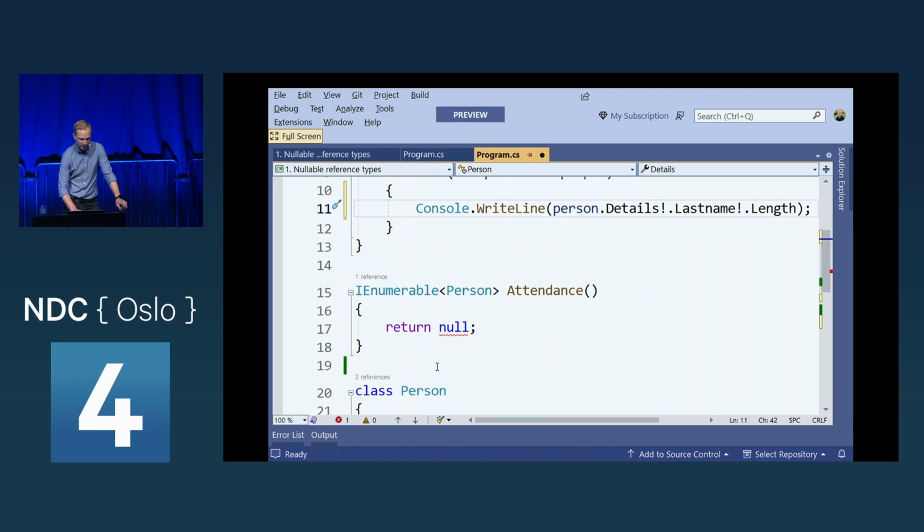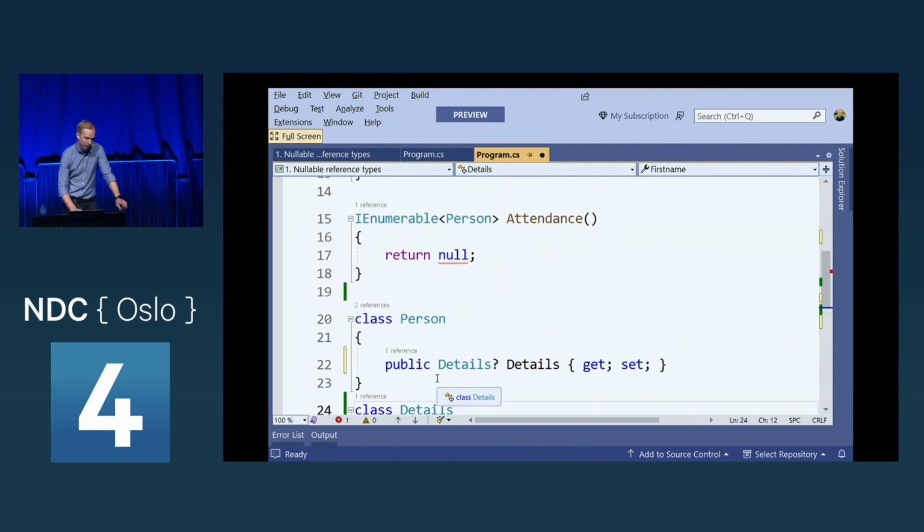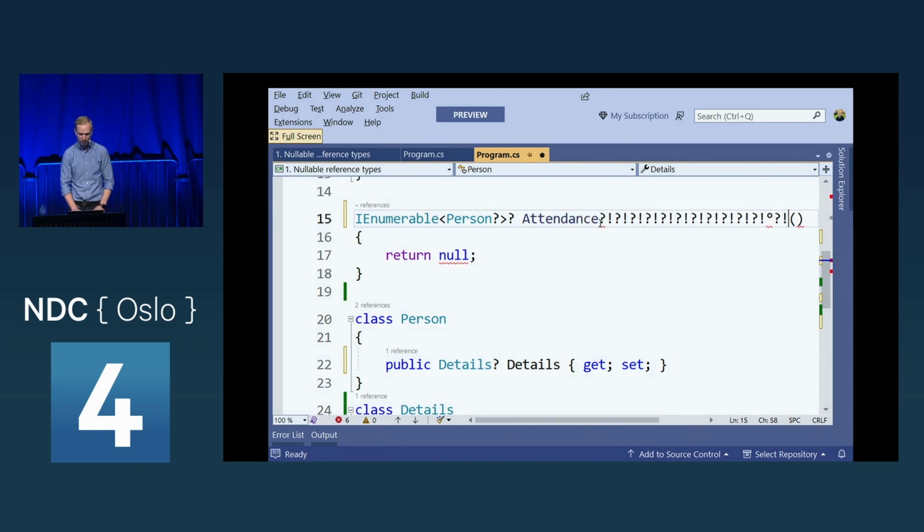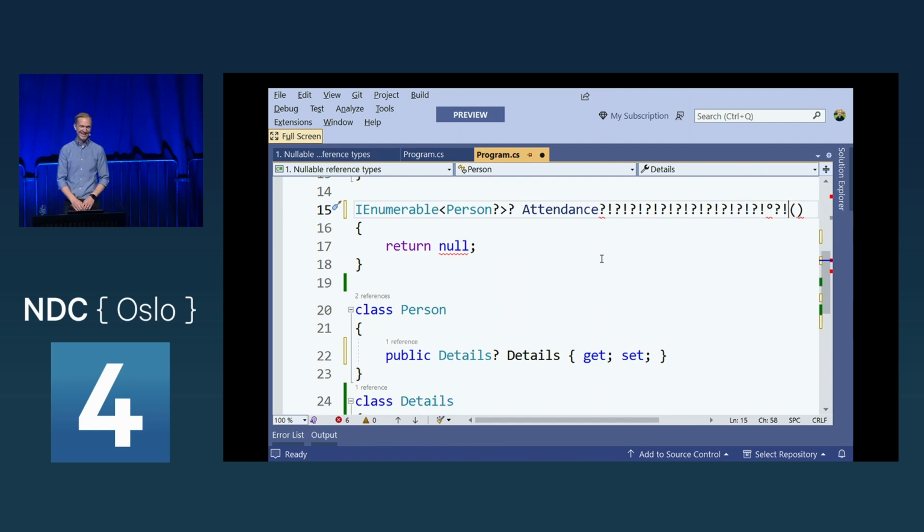Then instead, we're going to go down here and see that there's another problem. I'm saying that this here requires that I return an instance of something that implements IEnumerable. I could say that it's potentially null, or that it contains potential null references. And in C# 13, you'll be able to do question marks, exclamation marks all over the place. And it will just write the code for you.